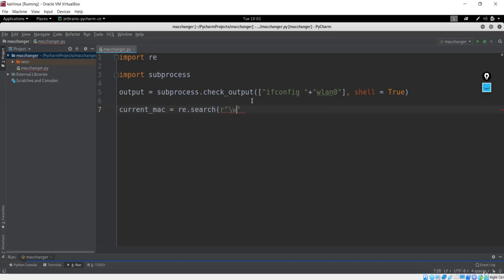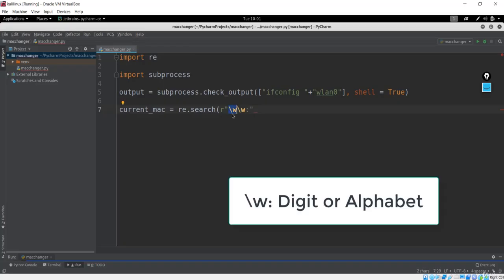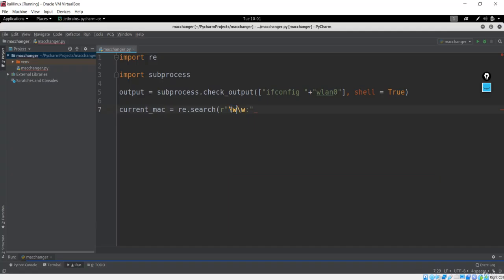After that I want any word. Okay, let me show you this pattern now. I haven't talked about this pattern before. So this is saying that \w can be any character, that can be a digit, that can be a number. MAC addresses also can be numbers and digits. So we'll have this, let me type faster. So \w\w and again colon. I'll just give you the example and you'll understand what I'm doing here. So again colon, \w\w, maybe we are typing it five times, so last time now. So you could see we have this six times: one, two, three, four, five, six.